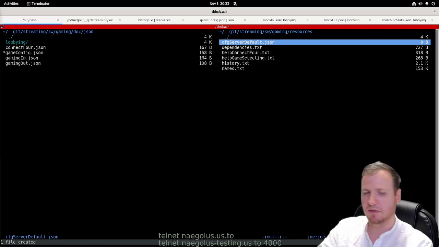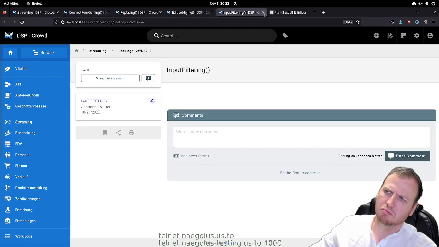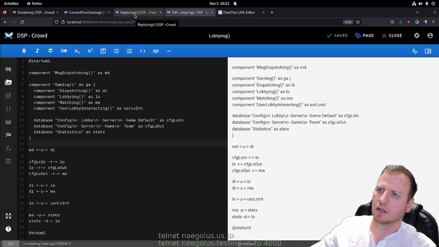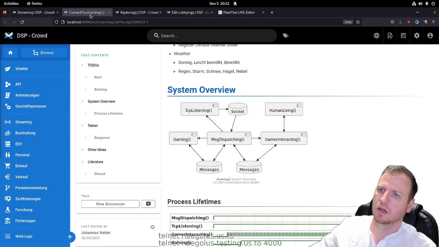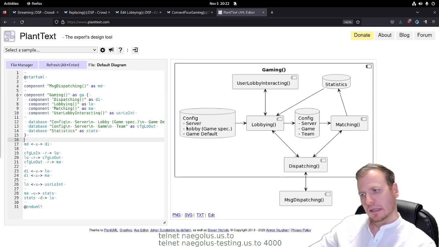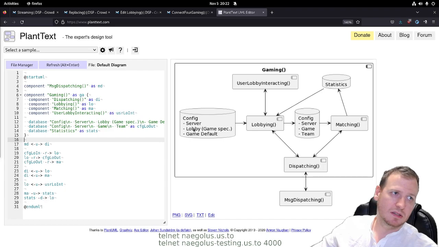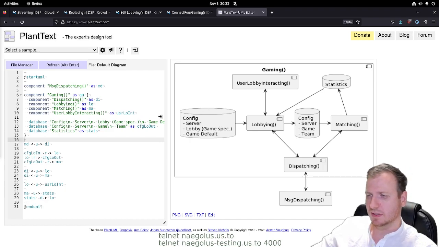And then if we create the gaming process, we have created the server config. So a game is created with the server configuration, for example, is it open or closed or something like that,